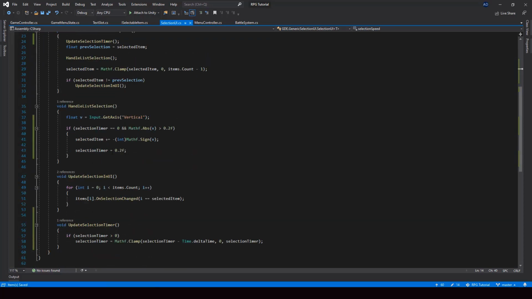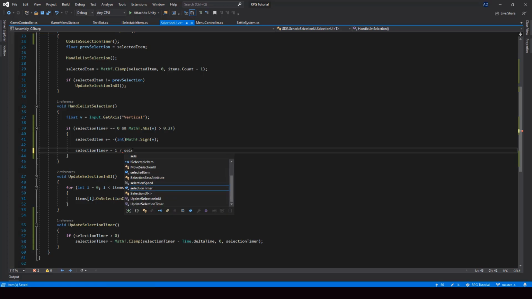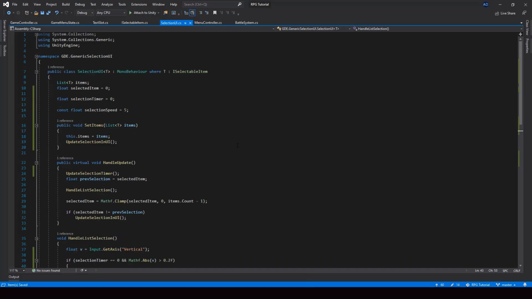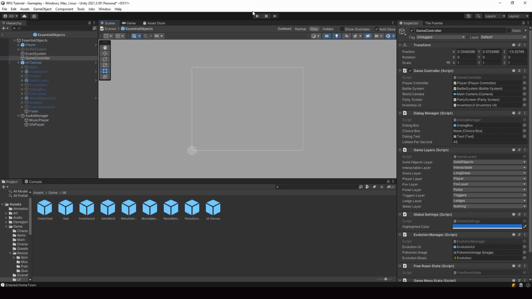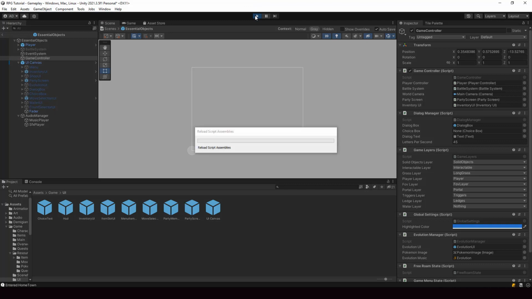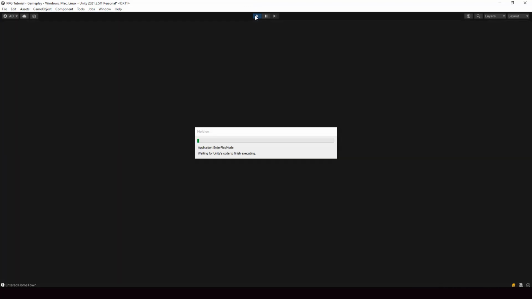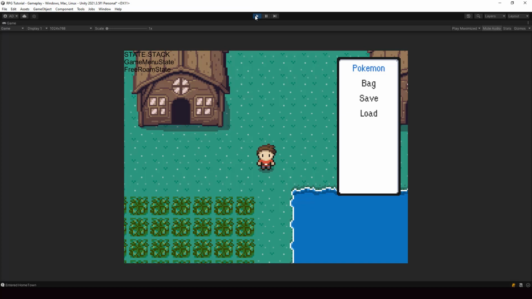And in here, I'll set the value of the selection timer to 1 divided by the selection speed. Okay, so now as we increase the selection speed, the value set to the selection timer will be lower and our selection will be faster. So yeah, you can go ahead and play with the selection speed and increase it or decrease it as per your need. All right,